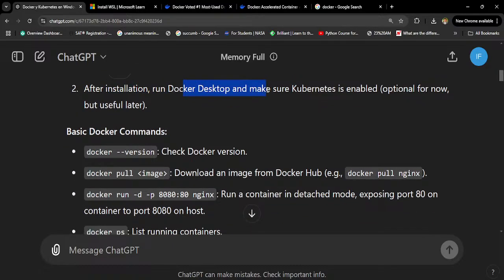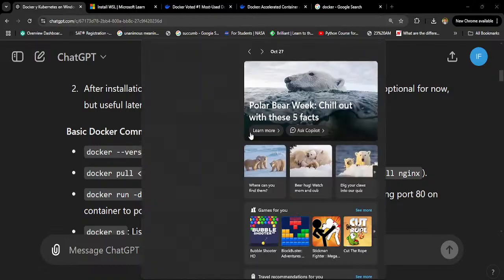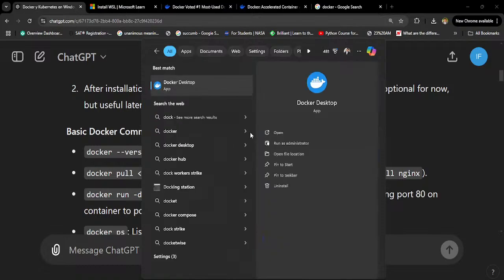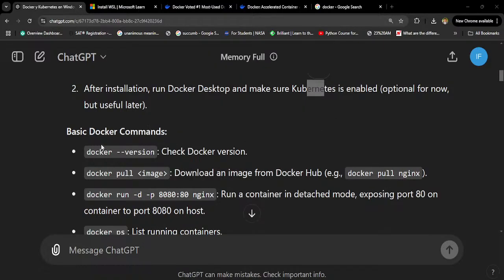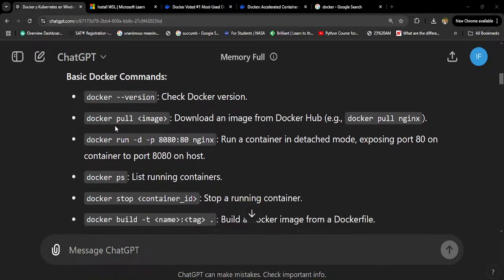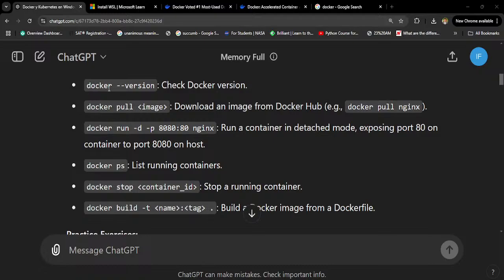After installation, run Docker Desktop and make sure Kubernetes is enabled. Optional for now, but useful later. So right now you don't need Kubernetes, but essentially that's what you would prefer. So let's open up Docker Desktop, because I have it. Just going to run it. And the basic Docker commands that we should know, like docker --version,